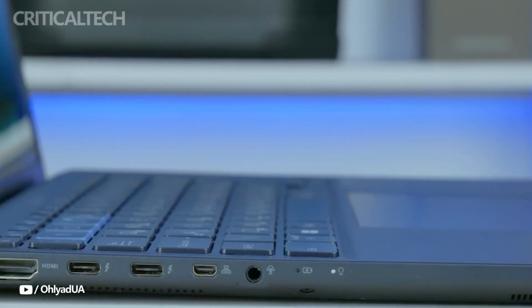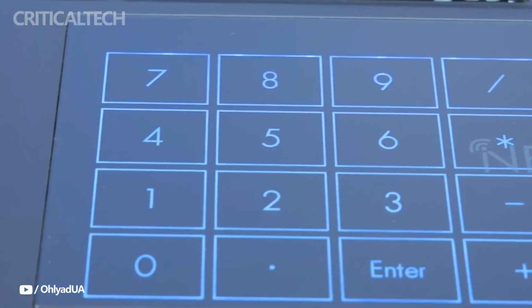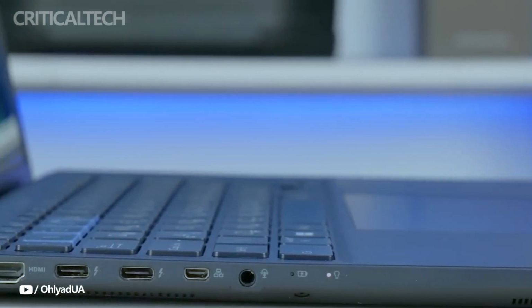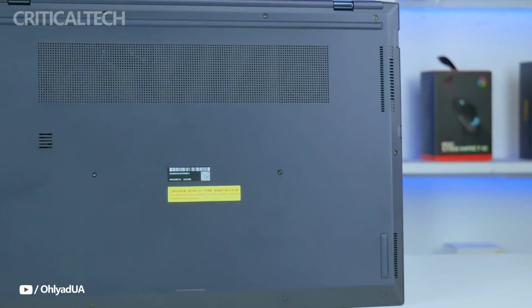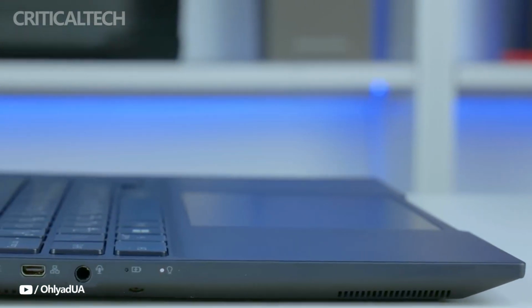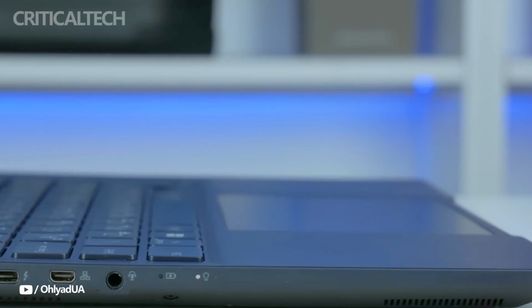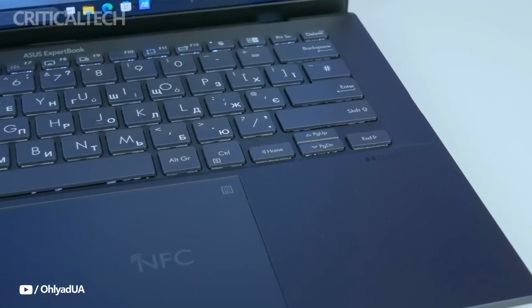The ExpertBook has a small physical factor yet a great number of ports. 2 Thunderbolt 4 connections allow for quick image transmission, charging, and data transfer. USB 3.2 Gen 2 Type A connector for attaching devices, Ethernet connectivity via micro HDMI port, HDMI 2.1 for output of high-quality video, and 3.5mm audio connector for microphones and headphones. Having these ports allows you to easily connect to a variety of peripherals whether you're at home, at work, or